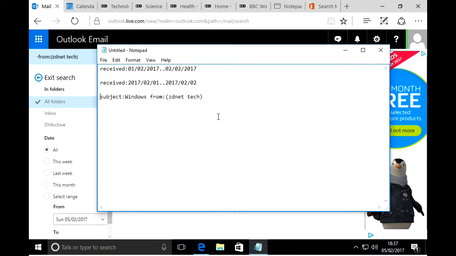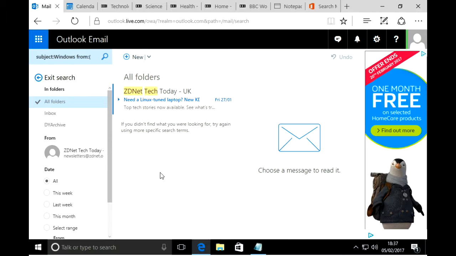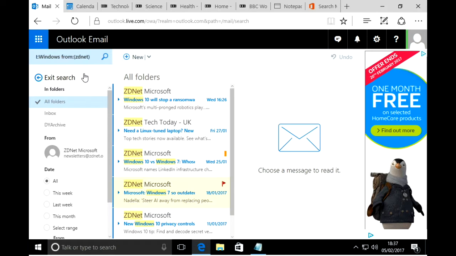Next one I want to try is subject Windows and from ZDNet Tech. Now I don't need to put an and between these two, but it applies an and. So it has to be both subject Windows and from ZDNet Tech to be brought back, and that's the one email that we've got. If I change the from expression to just ZDNet, you can see more emails match,